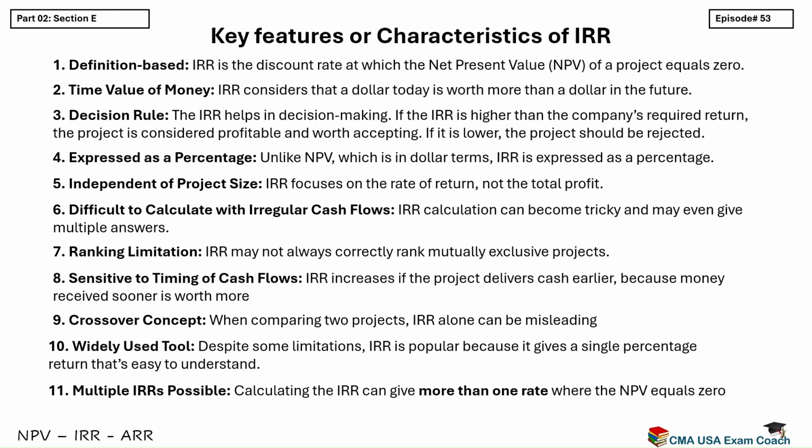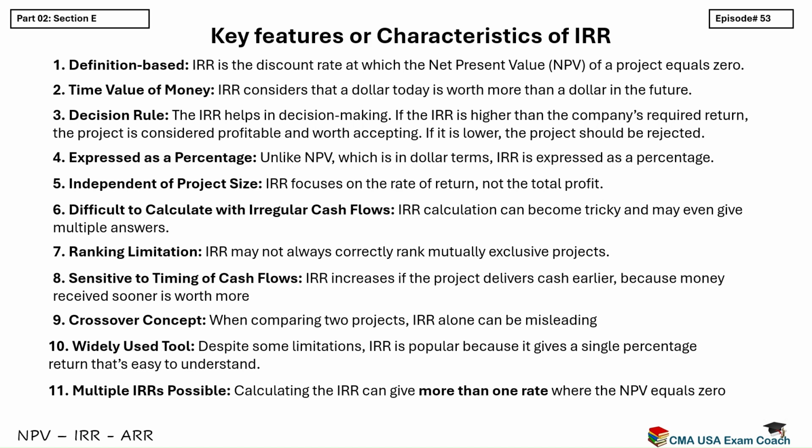For example, an initial investment of 100,000, then a positive cash inflow of 50,000, and later an unexpected outflow of 20,000. When a project has this kind of non-conventional cash flow, calculating the IRR can give more than one rate where the NPV equals 0. This is because the NPV formula may cross the zero line multiple times, depending on the timing and sign of